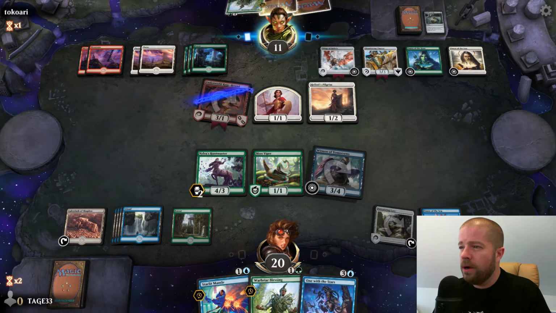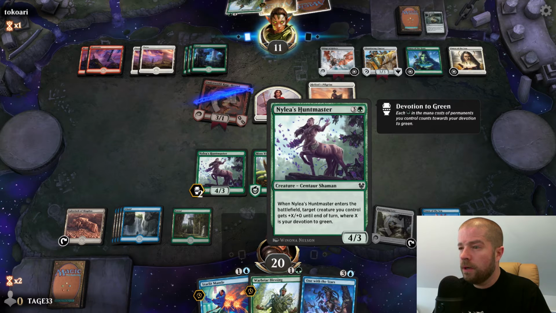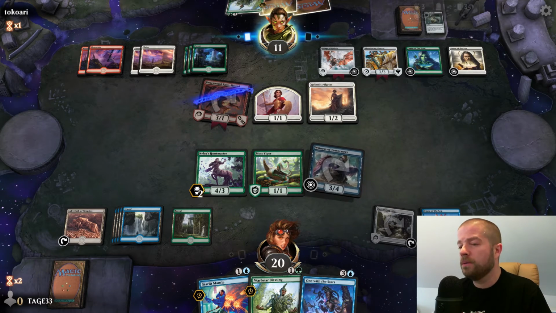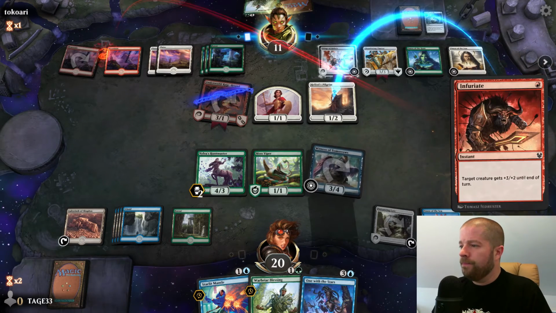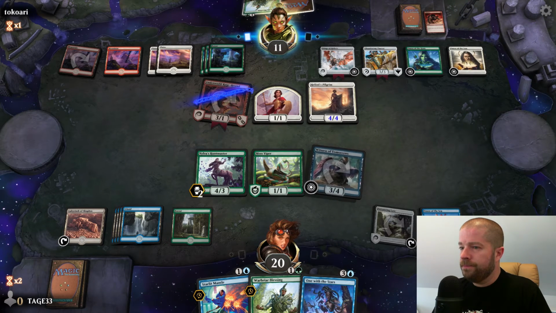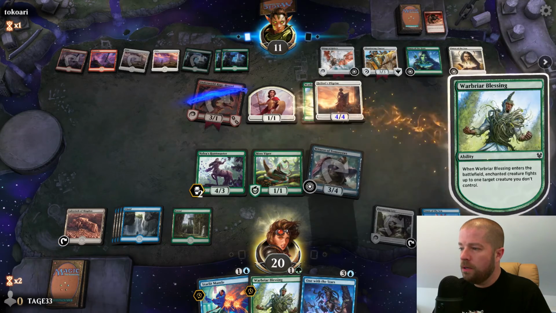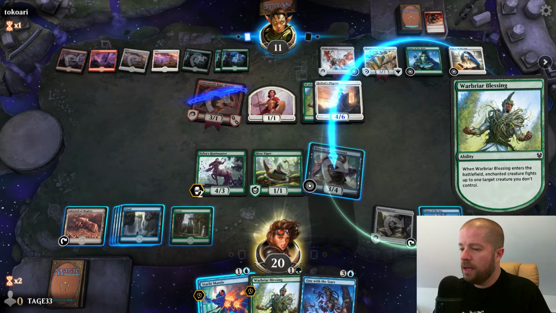I would not kill the Thundering Chariot unless he goes after this Nylea's Huntmaster. He'd have to crew it, then cast Warbriar Blessing, give it +0/+2. It would be a 3/5. Ooh, target creature gets +3/+2 until end of turn. It is a 4/4. And it fights again, so he's going to fight a creature. Oh, it's a 4/6. Yeah, I can't...